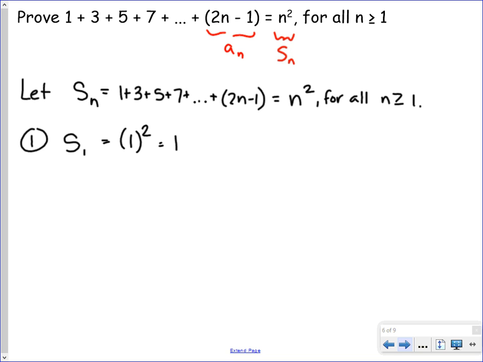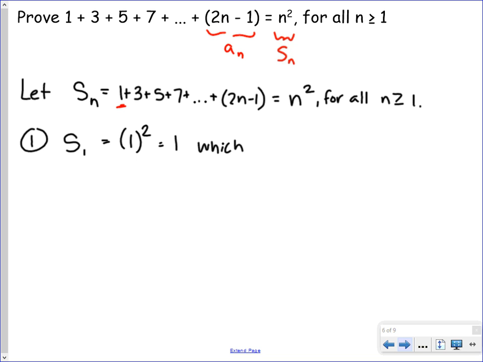If you were to go back to the series and add up only one term, is that your actual sum of one term? 1? Yeah, if you only had the first term 1 and you calculated the sum of the series, it would be 1. So I usually say something like S sub 1 equals 1 squared, which equals 1,